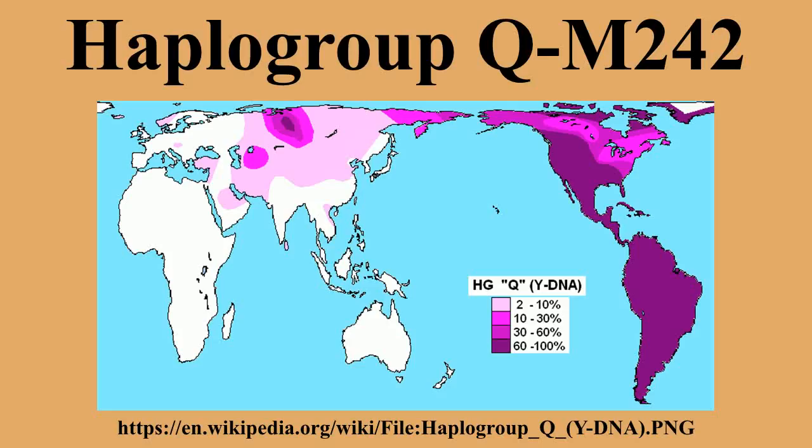Haplogroup Q-M242 is a Y-chromosome DNA haplogroup. Origins. Haplogroup